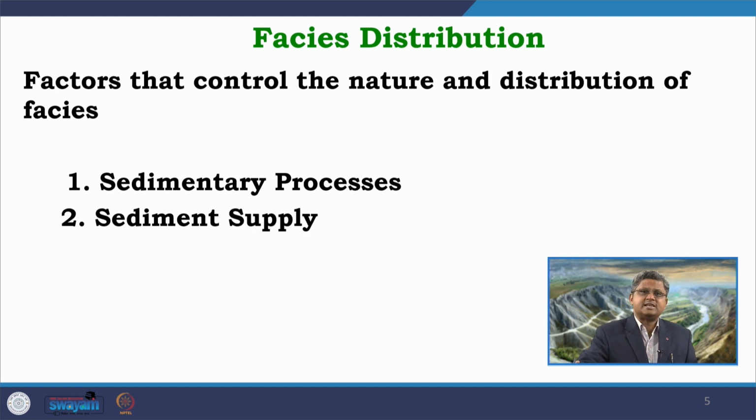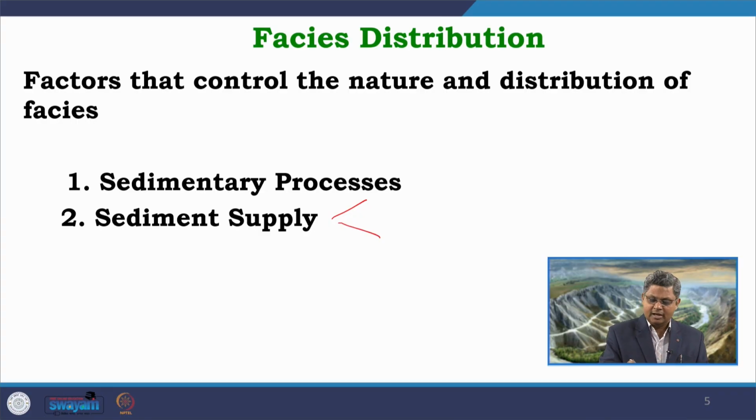Second one is the sediment supply. So, what kind of sediments are coming in, which will depend on the source area. Within this we can have two components. One, the type of sediments. What type of sediments are coming in? Maybe from the source area sand size grains are derived. Maybe from the source area only mud size grains are derived. So, in the basinal area we will get mud deposition only, we will not get any sand deposition. And second one is the rate of sedimentation or the amount of sedimentation.